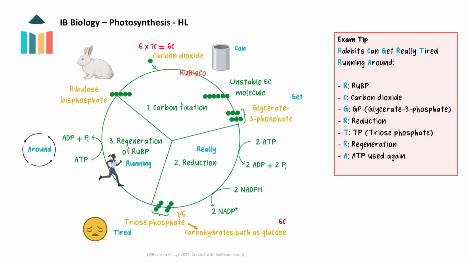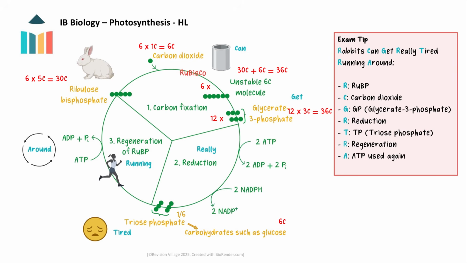So if we put 6 carbon dioxides coming in here, that is 6 carbons. That means we need 6 molecules of ribulose bisphosphate for the 6 carbon dioxides to bind with. 6 lots of the 5-carbon ribulose bisphosphate gives us 30 carbons altogether. They form 6 molecules of the unstable 6-carbon compound, so there are 36 carbons here. These 6 unstable 6-carbon molecules then split to form 12 molecules of the 3-carbon glycerate 3-phosphate, which still gives us